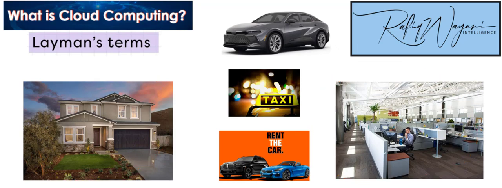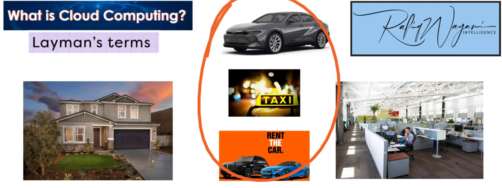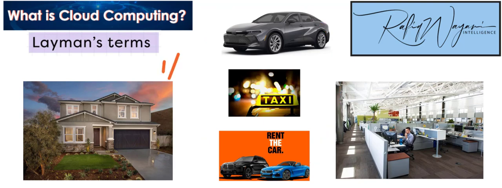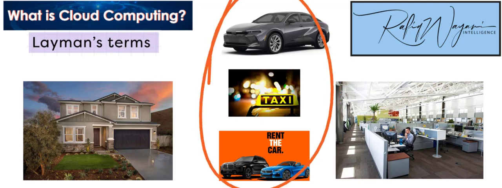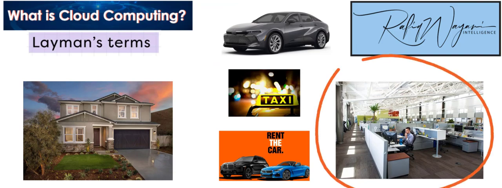Cloud resources come in all different shapes and sizes. You can borrow resources temporarily. A taxi in this example and renting a car in this example would be temporary resources that you need to purchase to get done what you need to get done until your car's fixed. So you can do that in the cloud as well. You can borrow resources, vehicle, to get done what you need to get done.